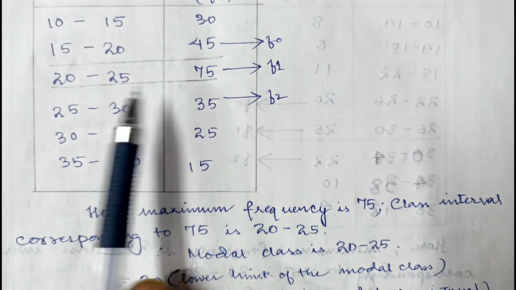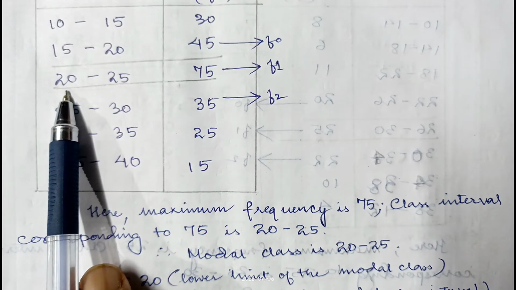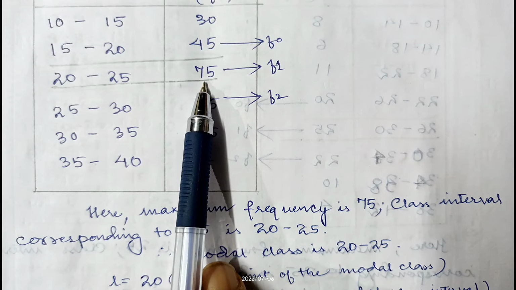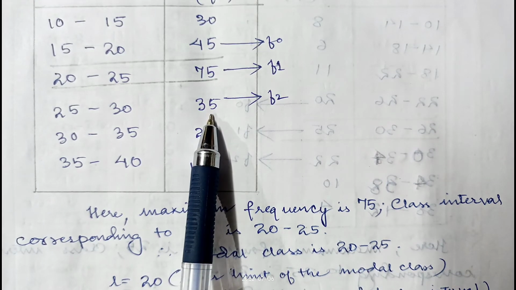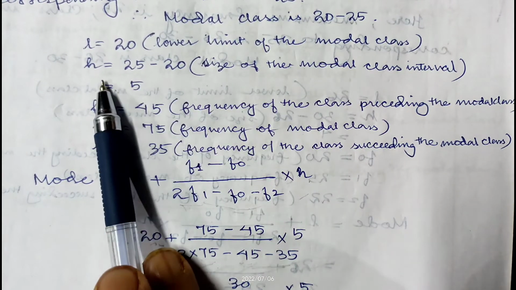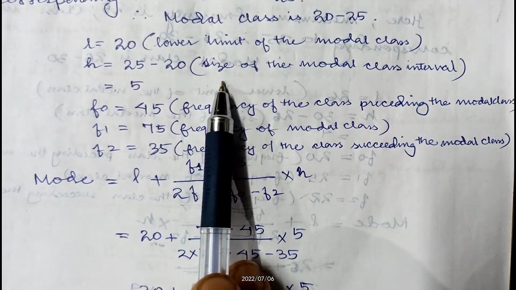So in this case we got L is 20, H is 25 minus 20, that is 5, F0 is 45, F1 is 75 and F2 is 35. Now we can apply the mode formula to calculate mode. Here L is 20, which is the lower limit of the modal class. Height of the class, that is 25 minus 20, it will be 5, which is the size of the modal